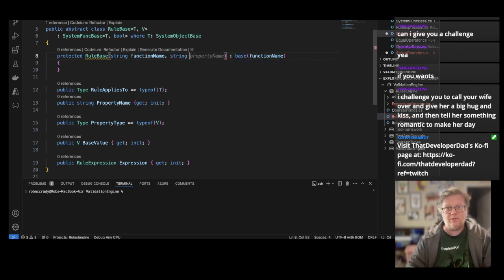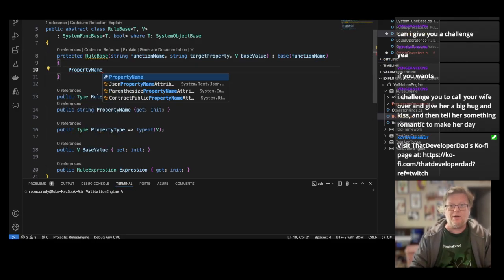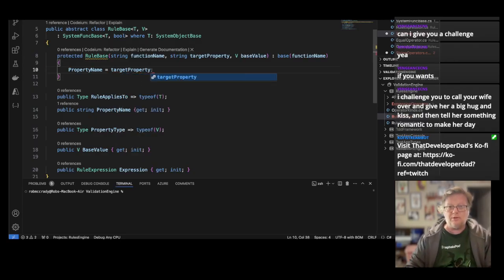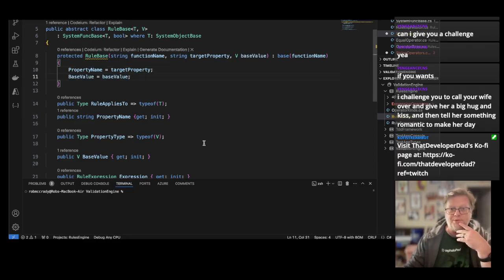string target property, V base value. Property name equals target property, base value equals base value,